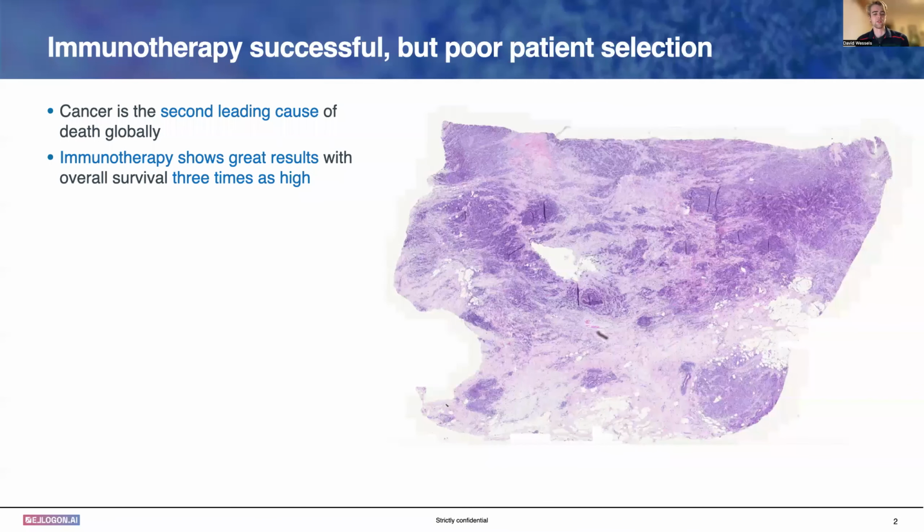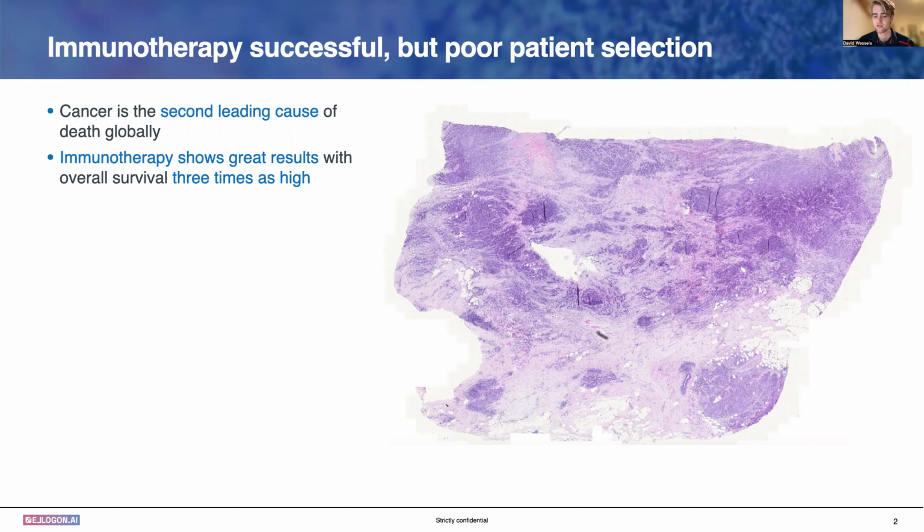First, why computational histopathology for immunotherapy? Cancer is the second leading cause of death globally. A few years ago, immunotherapy was introduced as a cure against cancer, where immune cells of patients are triggered to fight against the tumor cells. For some cancer types, immunotherapy seems to become first in line of treatments, with survival rates 3 times as high